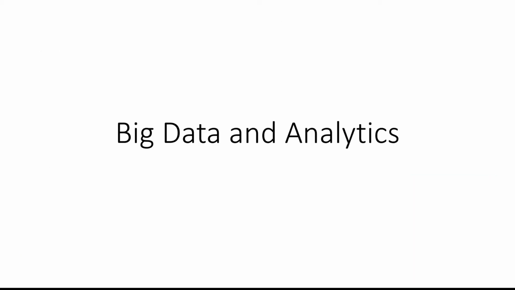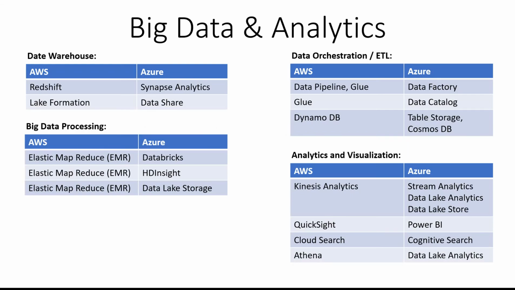Okay, I'm moving on. Then comes the big data and analytics category. I think in the last session, someone asked where the big data, the database category is. Big data has a set of tools which are different, and they're classified under the big data and analytics category. Data warehouse: database is different, data warehouse is different, right? So it's for data warehouse requirements.